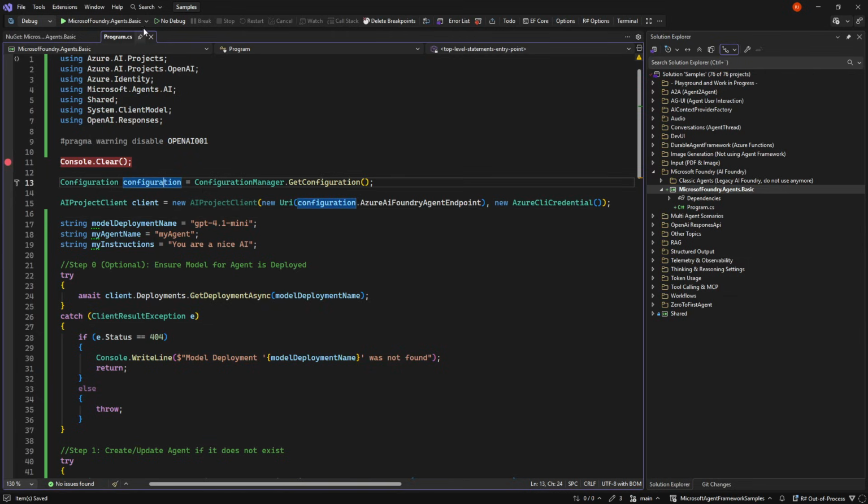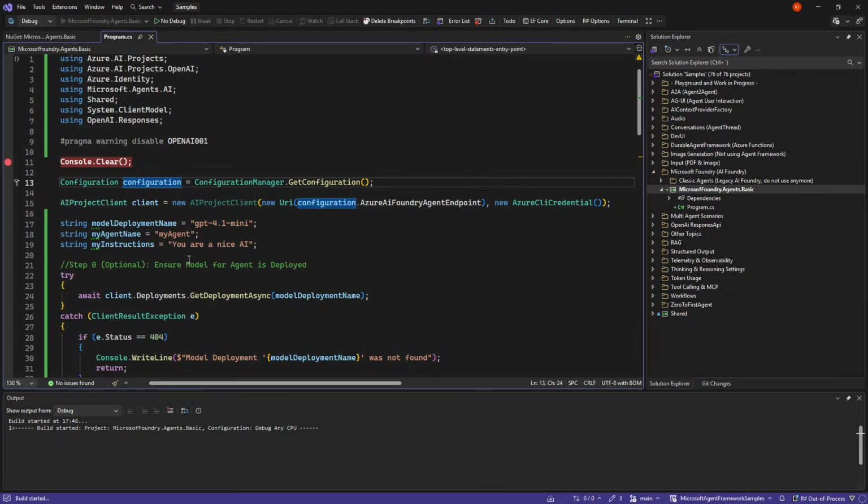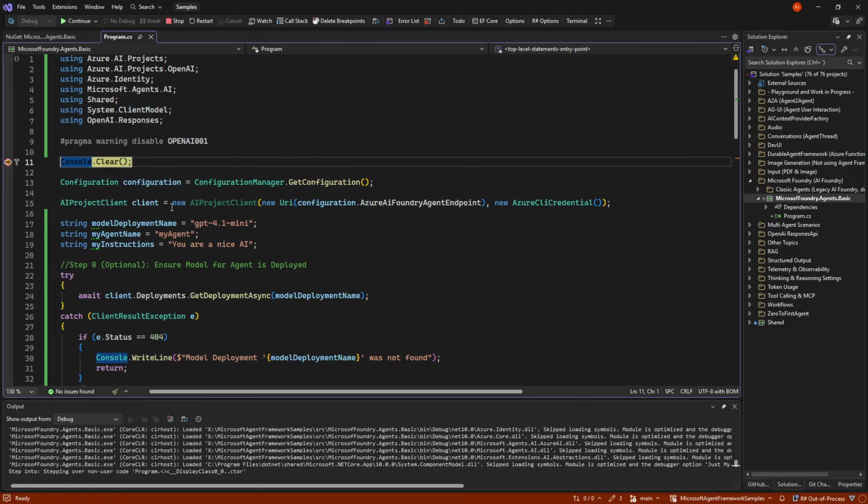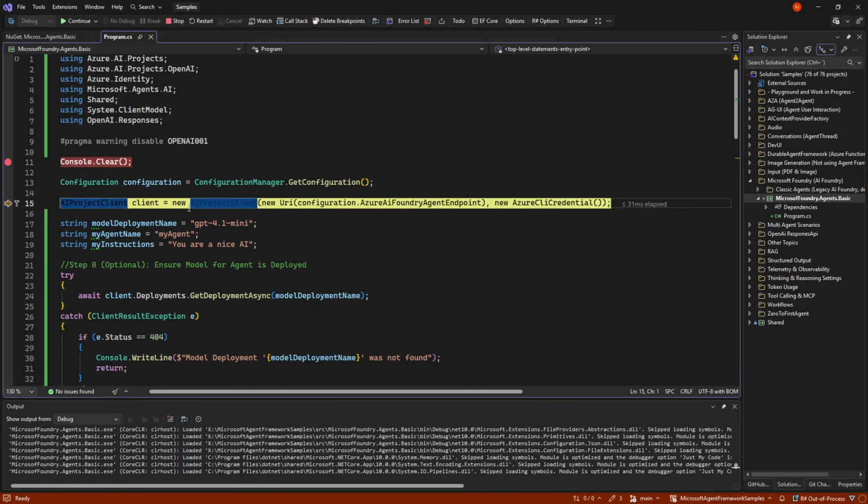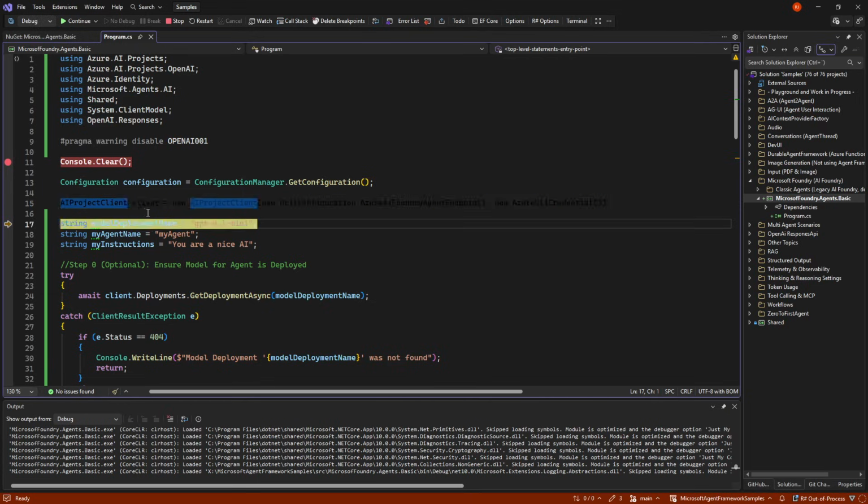So if we run the code, we will just take it line by line. So first we make something called an AI project client. Let me just move it down here. And this comes from this Azure AI projects.